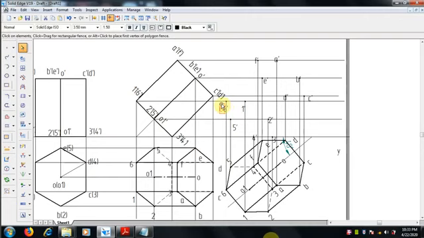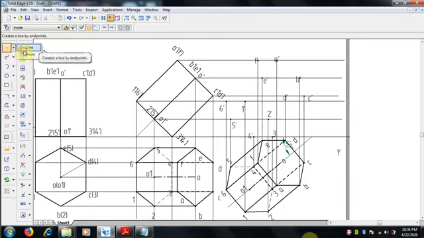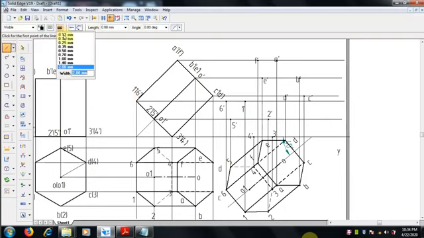Now we can draw the bases and then join them with the sides. Once the base is done, go for the line command, point 13 mm thickness, then we can join separate bases for understanding purposes.